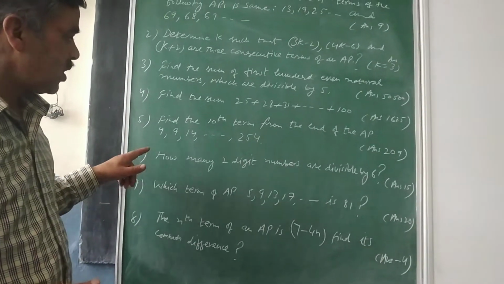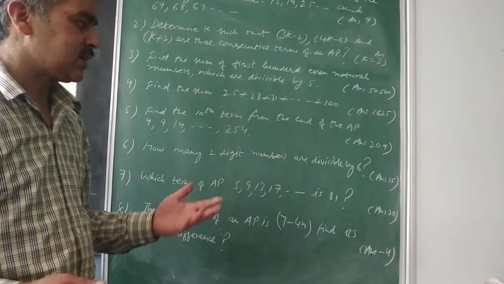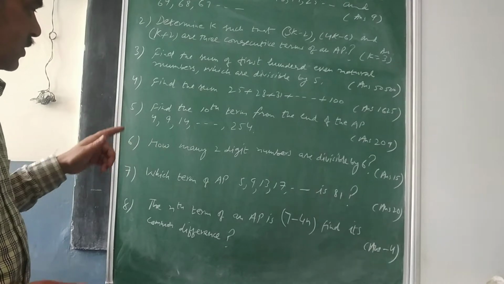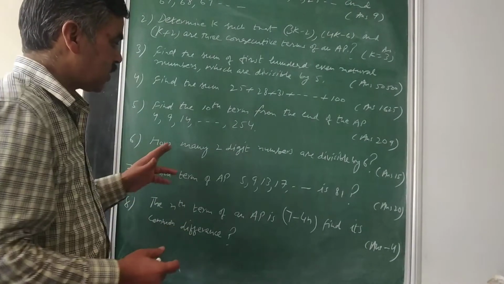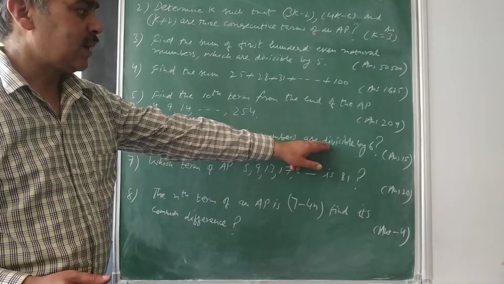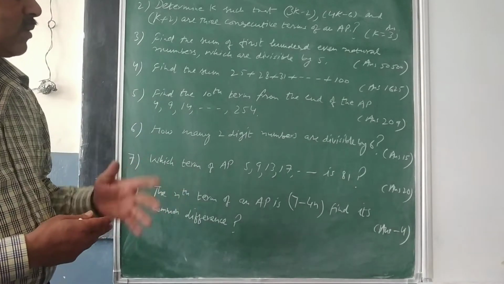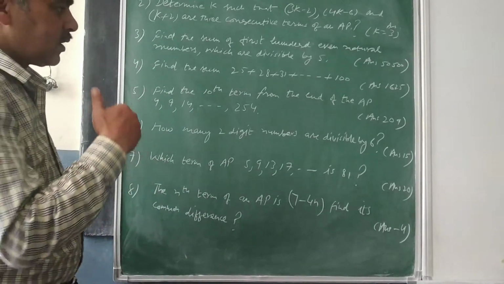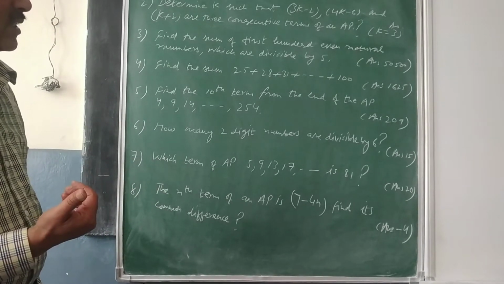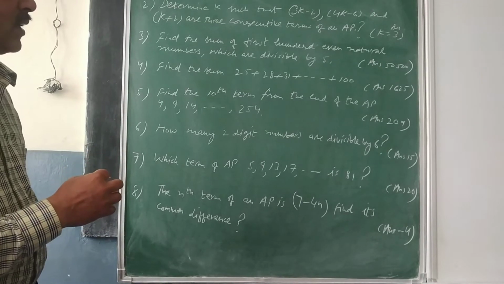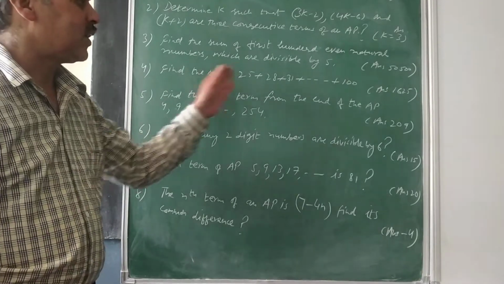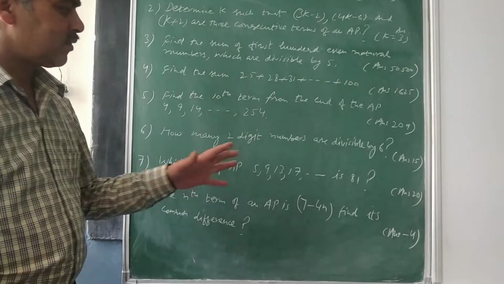Then your 6th question is, how many 2-digit numbers are divisible by 6? Again the same concept, let there be n numbers. The first 2-digit number is 6 twos are 12, then 6 threes are 18, and so on up to the 2-digit numbers. Around 100 you can check, before 100 it is 99, then 98, then 97, then 96. So 96 will be divisible by 6, so that will be the last term. Form that sequence, check a, n and d, and then find the answer.